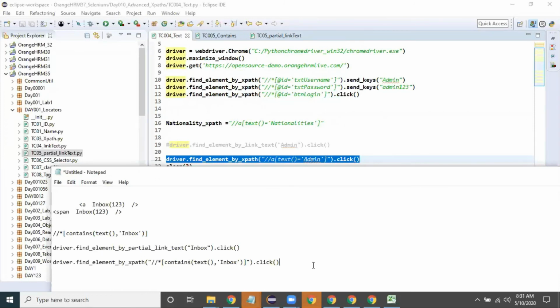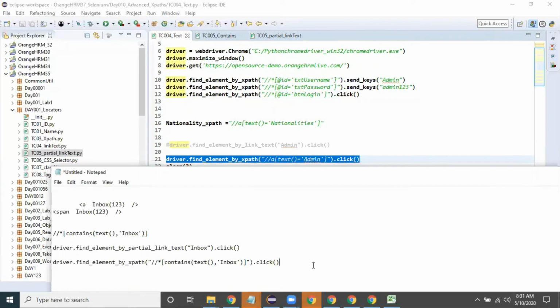Is everyone clear on the difference, when to use contains text of? So that's the reason we need to understand. If it is not a hyperlink, how will you handle this web element? That is the question people will ask in the interview. In that case, if it is not a hyperlink, I will write contains text of.